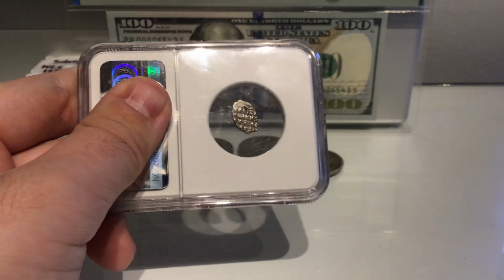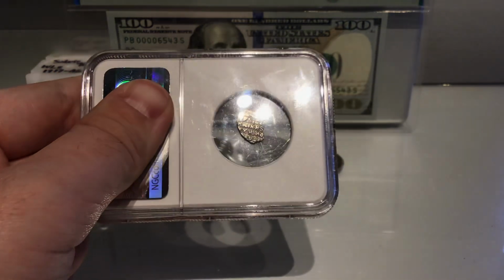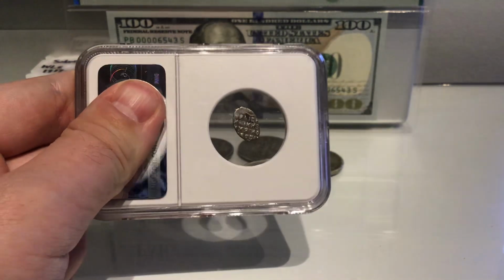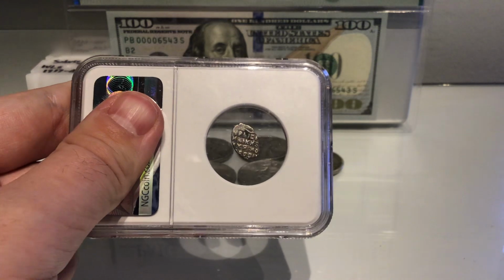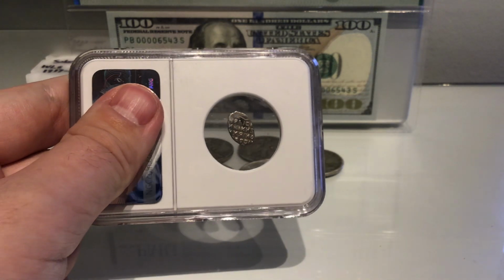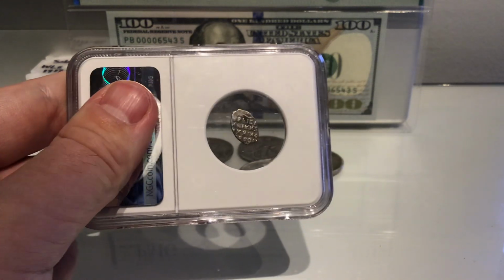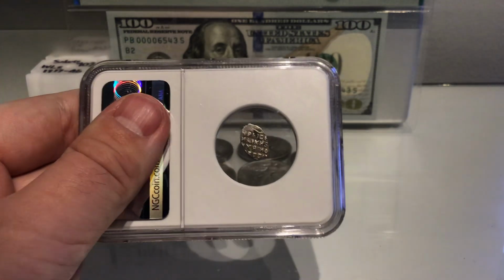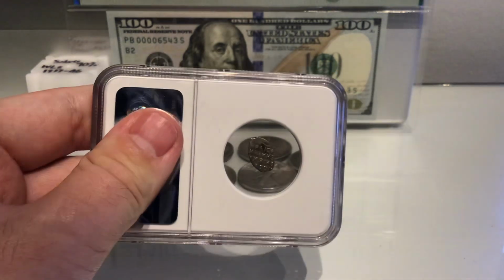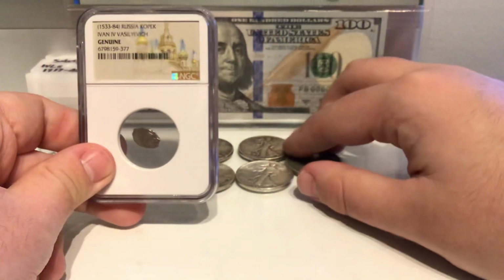I do not know Cyrillic, so if any of this is legible, if any of it is actually complete words, feel free to translate it and put it in the comments. I will heart and pin it if it is of interest to you, and gets it right, I guess. I don't know. It could literally be anything. I'm sure it has something to do with the details of the coin, the denomination, all that good stuff. But yeah, that's more or less all there is to say about today's